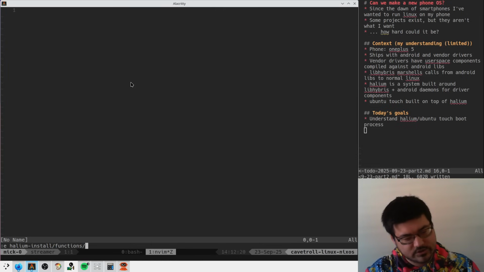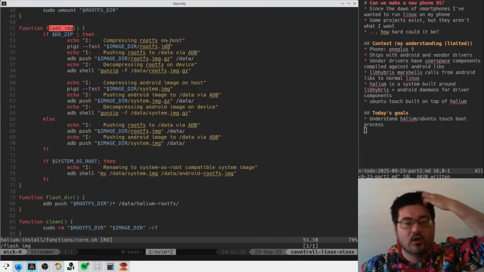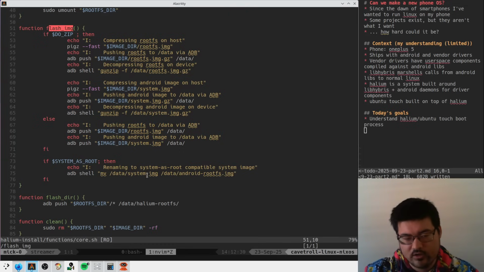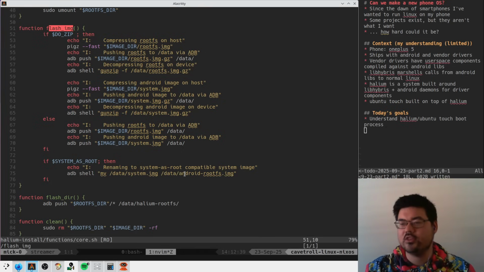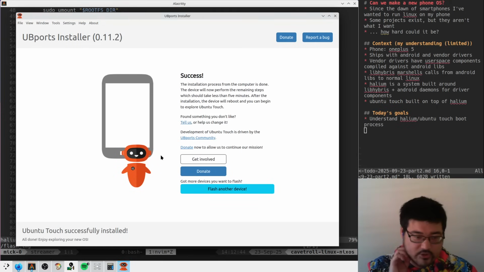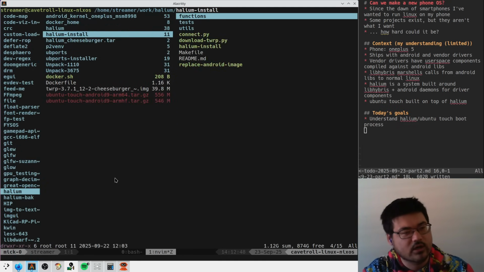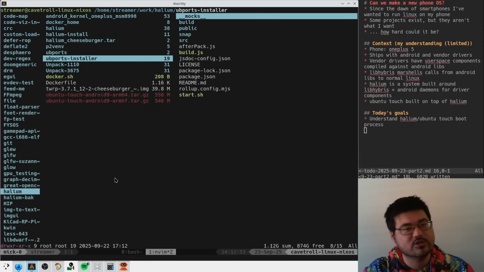Install functions core. So this guy basically just puts a root fs image on data. And it turns out that the recovery that is installed by default on Ubuntu does not mount data by default. It turns out that the ubports installer thing that is running here does a whole bunch of other stuff, right? I cloned this off stream and I was looking at ubports installer, and actually I started by